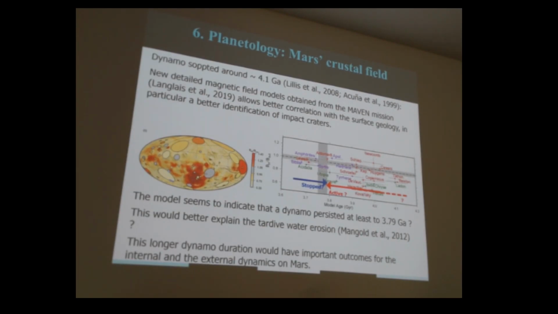So if you look at this, big impact craters should have demagnetized the crust. So if the dynamo was extinct, then this should be demagnetized. But if the dynamo was still active, then it should have been demagnetized and remagnetized in the ancient Mars dynamo field. So we should have a signal. So the idea was just to make some statistics about the craters that were fully demagnetized and the craters that were not fully demagnetized. And according to this, the dynamo persisted to at least 3.80